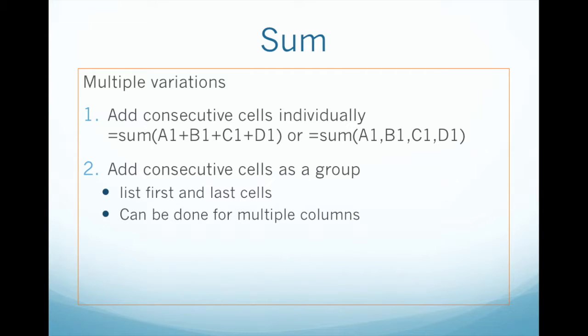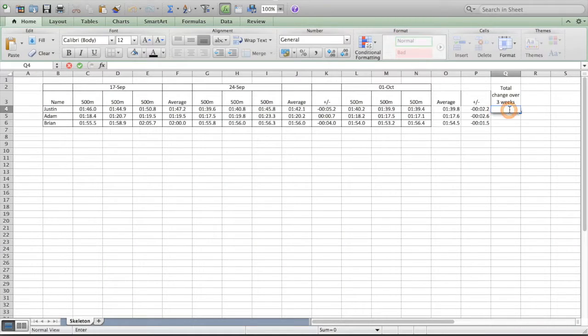If we want to go a little bit faster, we can add consecutive cells as a group, where we list the first and last cells, and we can do this for one column or multiple columns, or one row or multiple rows. So here, the first example is going across the row, where it's adding up cells A1 to D1, and the second example, you're adding from the top left corner A1 to all the cells to the bottom right hand corner D8. In our document, we're going to add in the sum formula equals sum